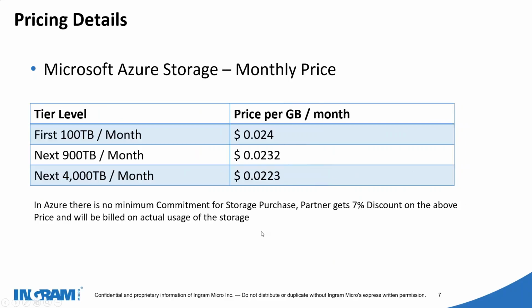So the next is the storage pricing. So we looked at the pricing for the software which will do the backup. Now where you want to store is the price for Azure. Azure is, again, we are talking about, so there's a question,